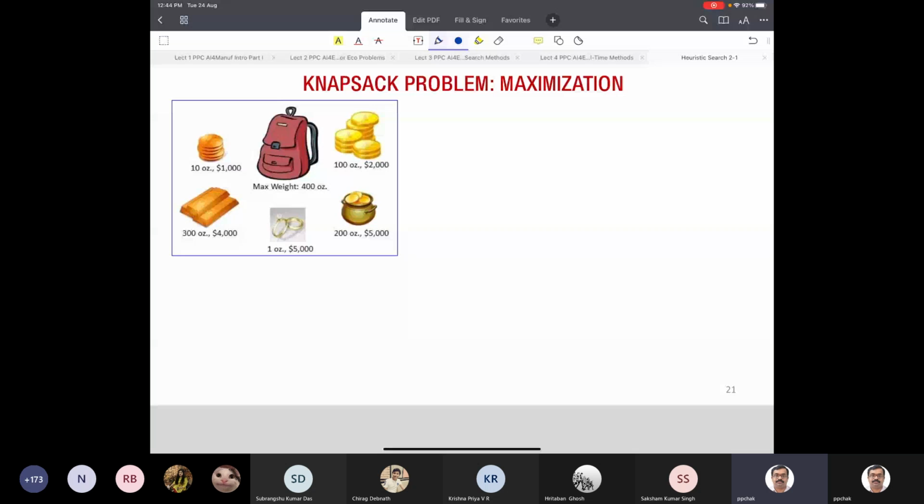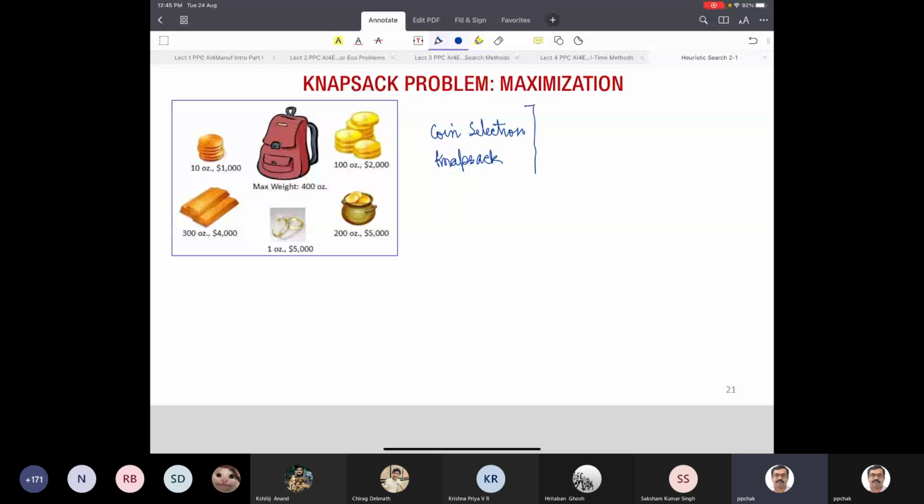In the assignment yesterday, I gave a variation of this problem, but converted it to a minimization problem. Did you all observe? The coin selection problem. So the coin selection problem or the knapsack problem